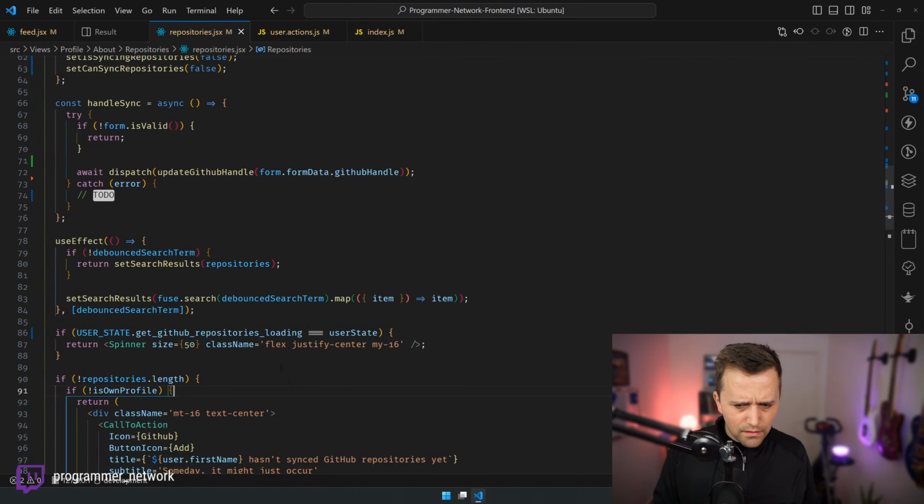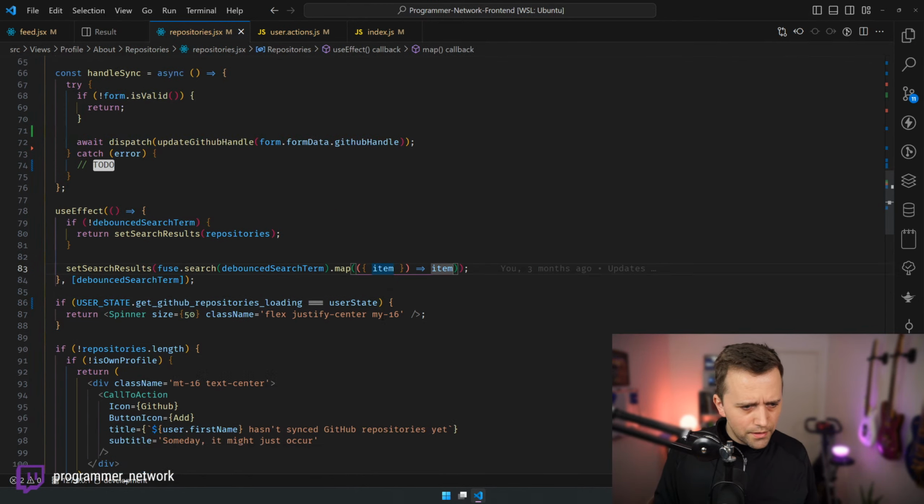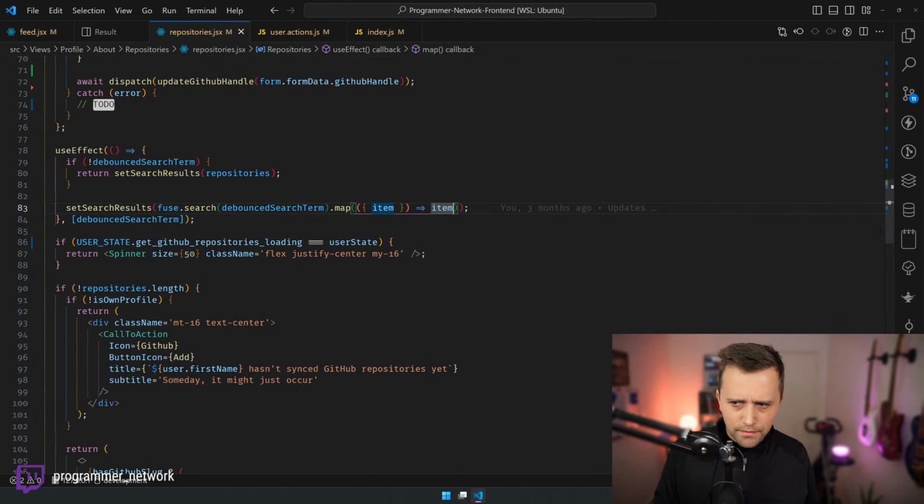The GitHub Copilot get GitHub repositories loading is user state, yes.